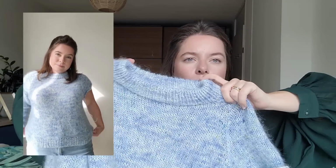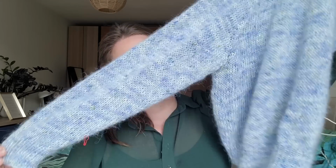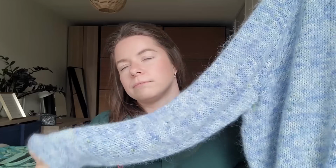I did the ribbing on the collar a little bit longer because this is for me a winter sweater, because I'm hot quite easily in wool sweaters. So I want to have a little bit of a chunkier collar, and I really like that. So yeah, I want to talk about this for like another 10 minutes, but I don't know what I want to say about this. If you're hesitant about making a Lento, just make it, because it's a wonderful pattern. Or the end result is wonderful, I have to say. The pattern is okay, but